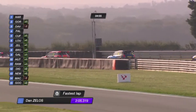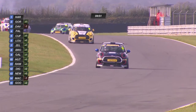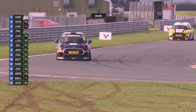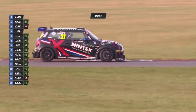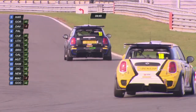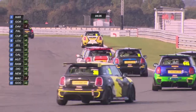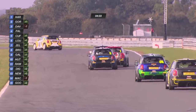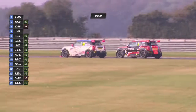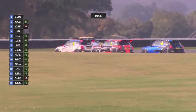Now the drivers in the 2:05s, we've got Lewis Brown, 2:05.329, and Brown is quicker than Gornall and quicker than Harrison as well. So at the moment, by my reckoning, Harrison is taking 1 point out of Gornall for the fastest lap and 6 points for the race. So at the minute with Gornall in second, I think the number 18 car is on to take the championship title by a couple of points. That's the way they are at the moment, but the fastest lap scenario is changing lap by lap,